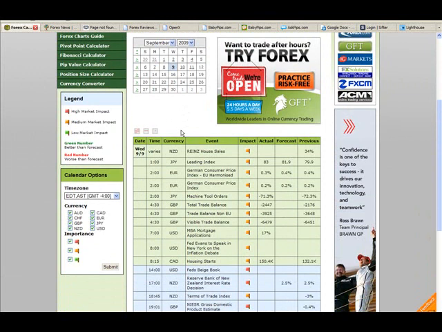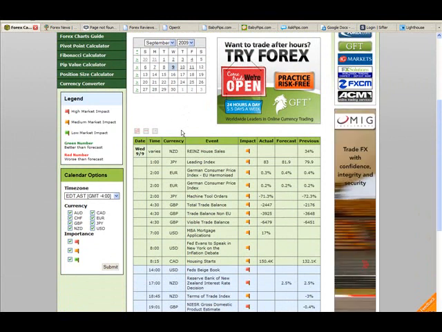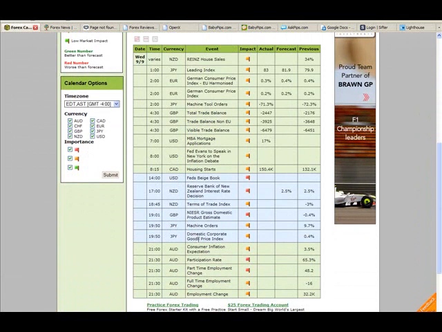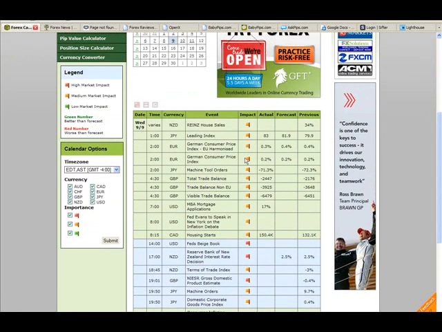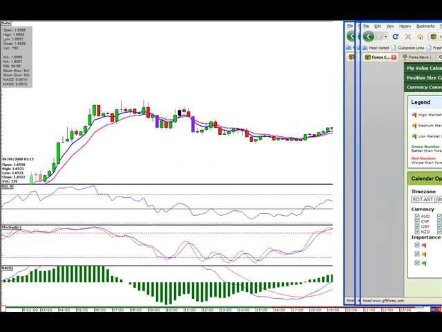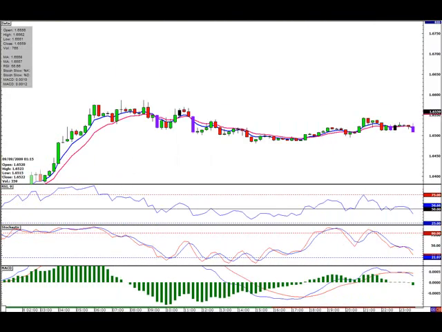Really, there wasn't much news to watch out for today. Again, we had the sterling at 4:30. That was the trade balance. And then we didn't have news until later in the afternoon with the Beige Book for the dollar. So other than those two things, there wasn't really anything major going on. So you could just jot those times: 4:30 a.m. Eastern time, and 2 p.m. Eastern time.